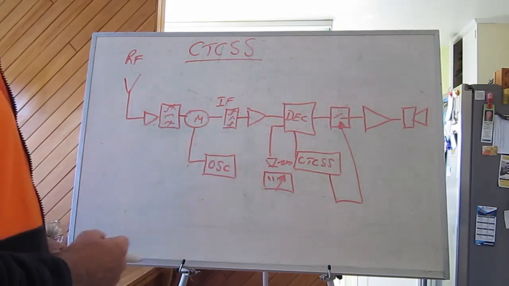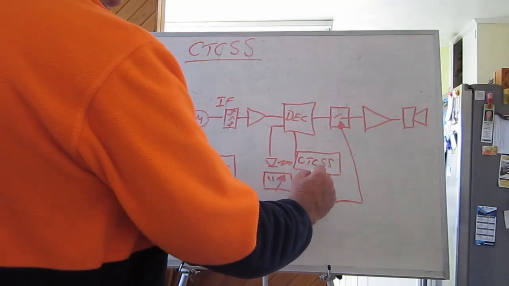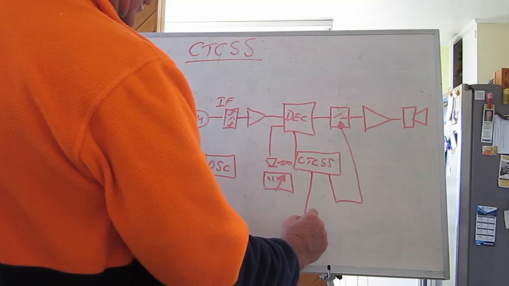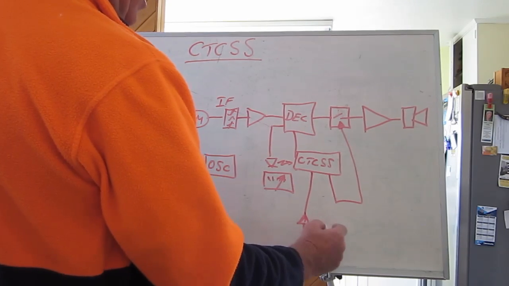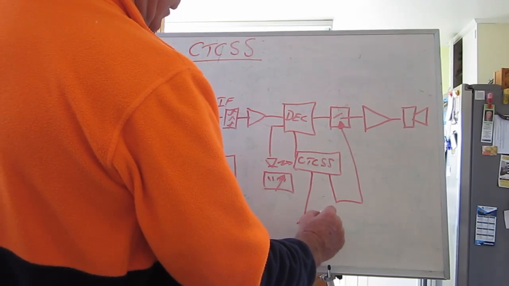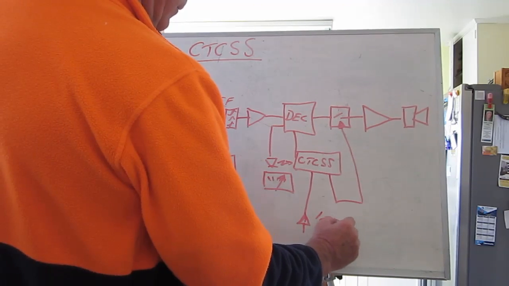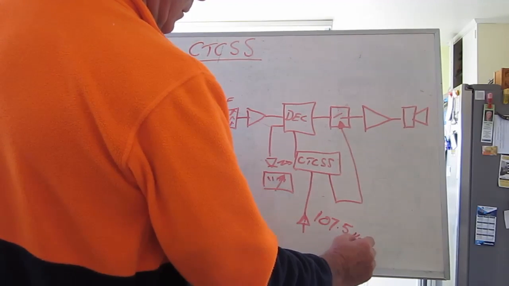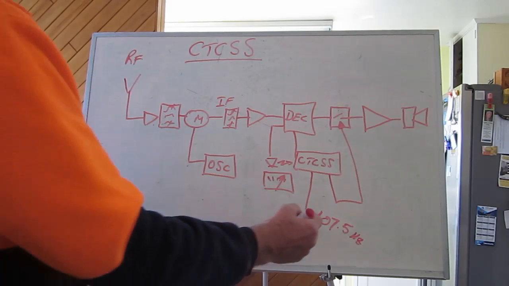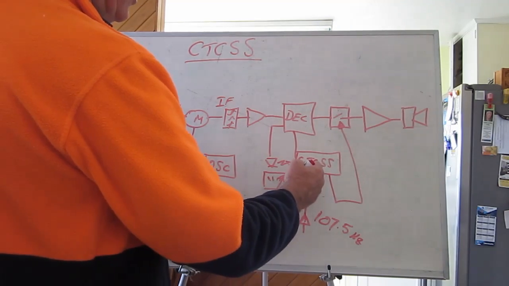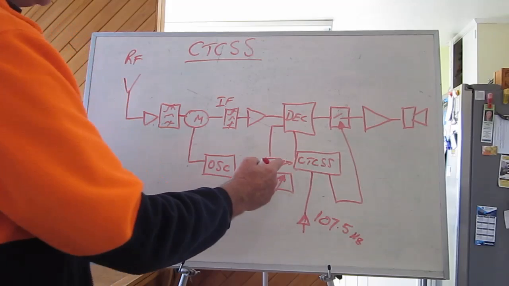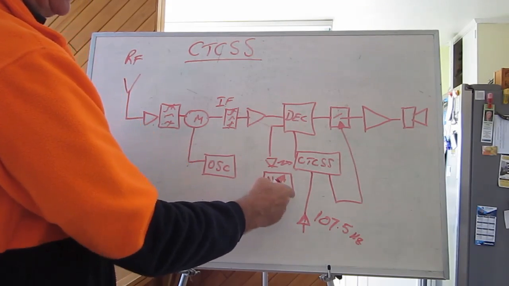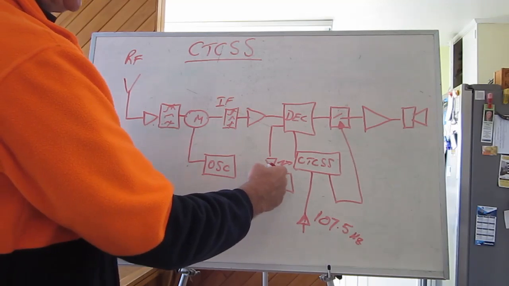So we've got two situations here. If the CTCSS circuit is looking for a particular tone, and we program that into the radio, let's throw a tone in here, 107.5, and that's 107.5 Hertz. So we're telling the radio that we need to look for that CTCSS tone. When it's detected on the incoming signal, regardless of how strong the signal is or whether there's a signal present here or not,